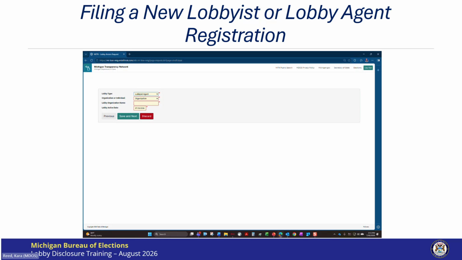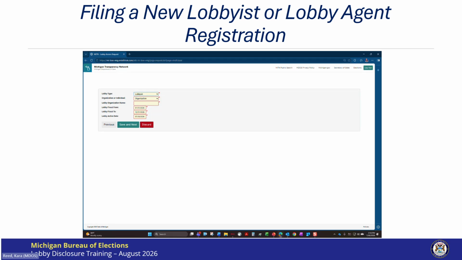The fiscal from and to dates do auto-populate, but are able to be edited. I am not going to make any changes to the fiscal year. After I chose organization, a new field shows, and this is where I will add the name of the lobby ID that is being created.